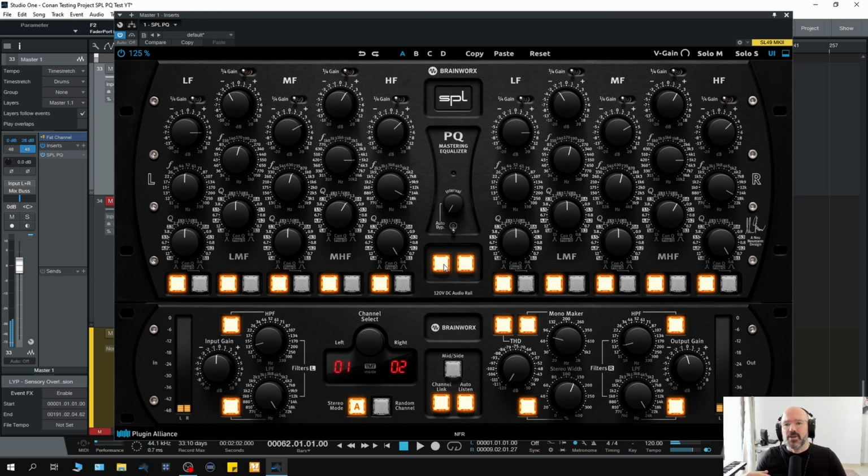When I use a mastering EQ for an overall sound, I do like a little bit of character added sometimes, but I don't want it to change the vibe or the sound of the client's track, because it's not my job really to do that unless they specifically ask me to. But what I love about EQs like this, and what I love about what this is doing, is it is imprinting the typical SPL sound, but it isn't changing it so much that it changes it. Does that make sense? It just kind of, the best way I can think of describing it is it's put a sheen